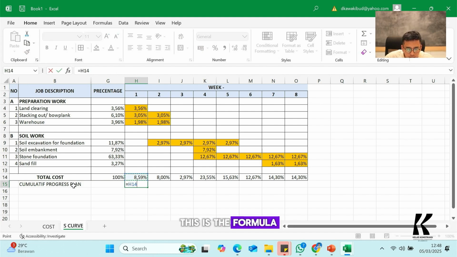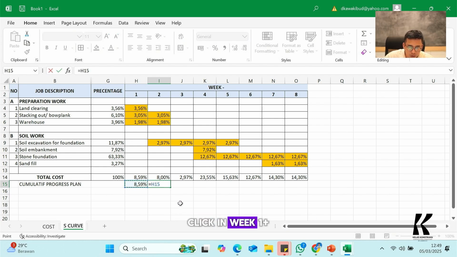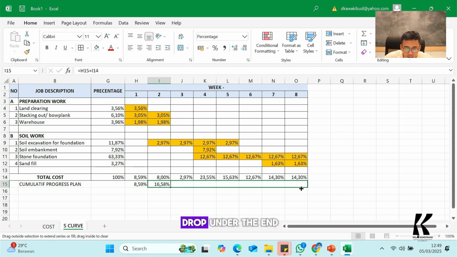This is the formula you put over here, 8.59, and then go to the next week. For this cell, there is a special formula, yeah. Click equal, click week 1 plus the week progress in week 2. So it will be 16.58, and then you can drag until the end.